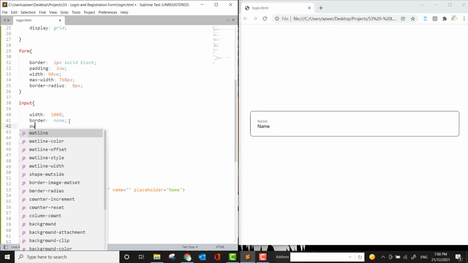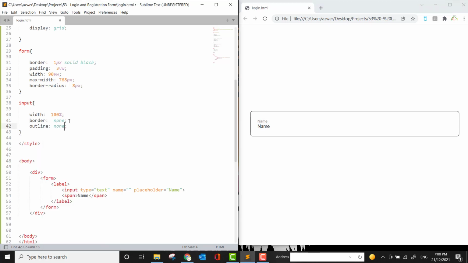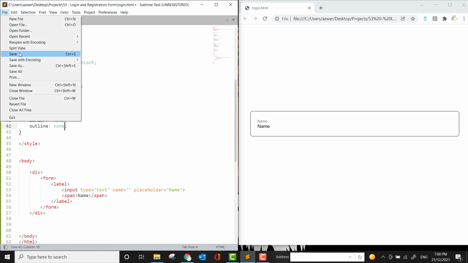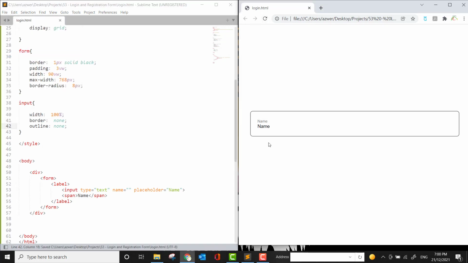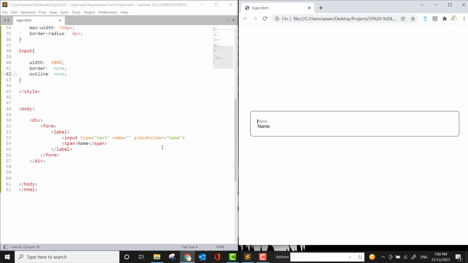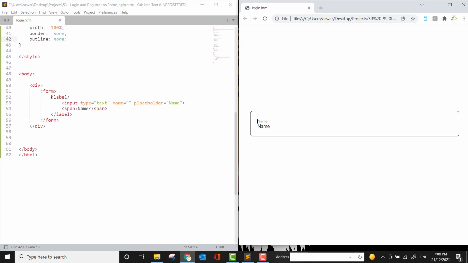I will say outline none. If I save it and if I refresh it, we now have an input field. You can click into it, you can type in it, but it does not have any outline or border, which looks perfect. Now that we have created our first input element and our first span element, we can simply copy these,